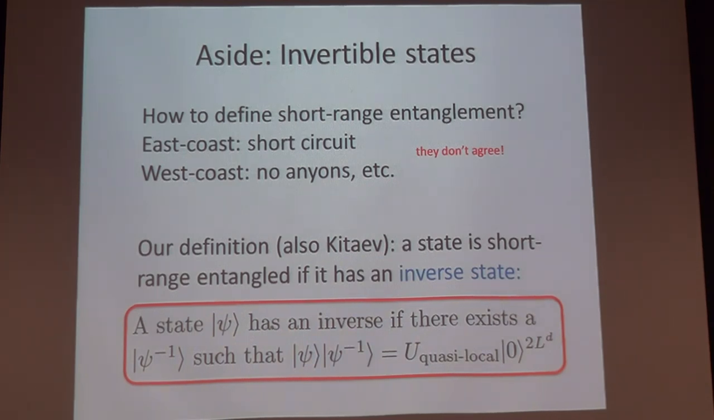So what does this mean physically? It means you can't take an integer quantum Hall state to a product state, but you can take integer quantum Hall plus its conjugate, and you can take that to a product state. So short-range entanglement means not that you can make the state